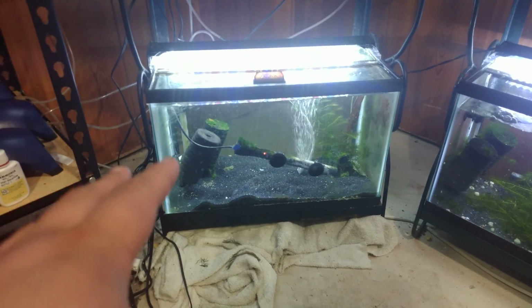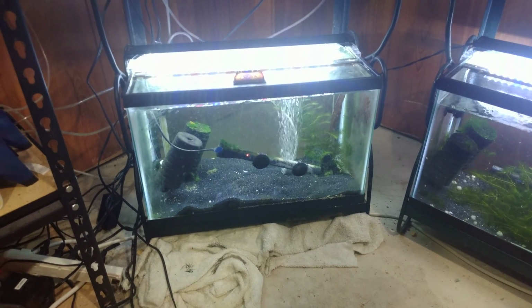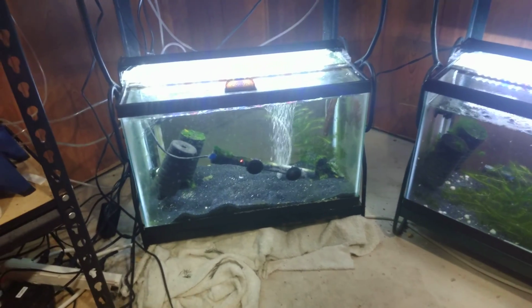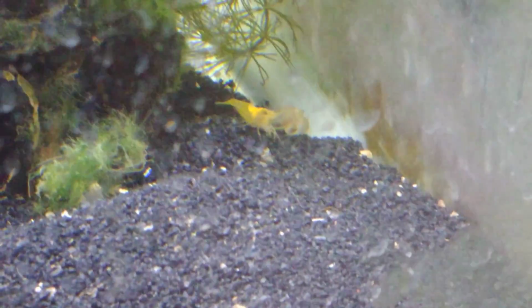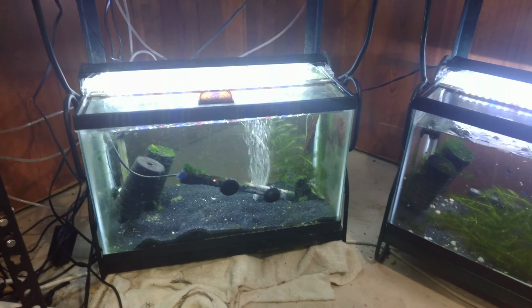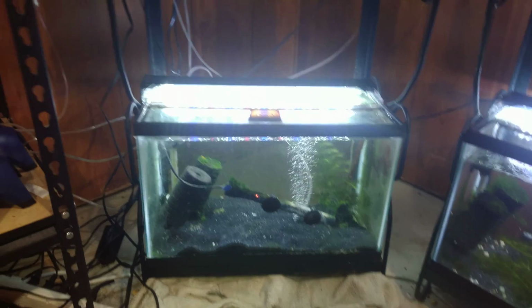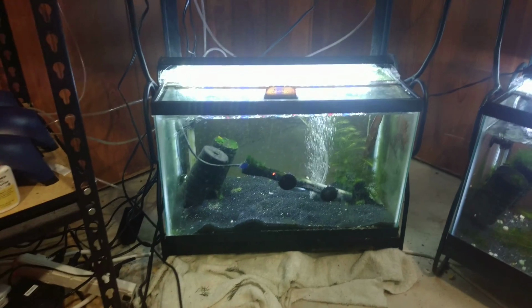There is a female in there, and there are males, so there's a good chance that I will have a berried female eventually, and we'll have more shrimp babies in here, and it'll make up the difference in which I lost. Because if we look over here, that's the girl. You can see she's got a saddle, and her saddle will eventually turn into berries. She'll be berried, and then after that stage, the shrimp hatch and become little shrimplets. And as long as I can get to that point, I'll be fine. And their color is starting to get a lot better too. They're perking up, which is good. They're being more active, and